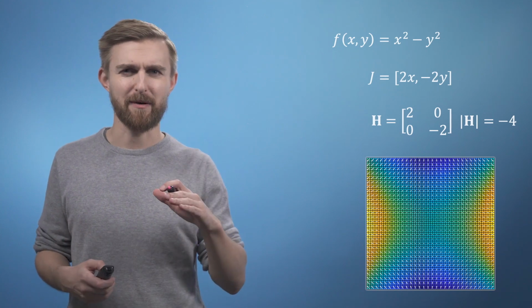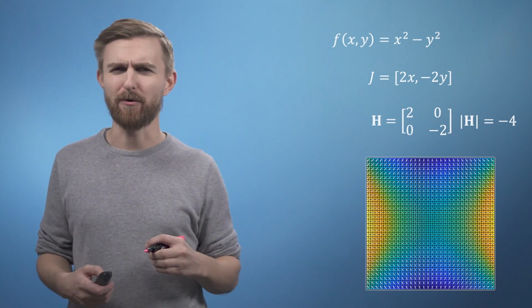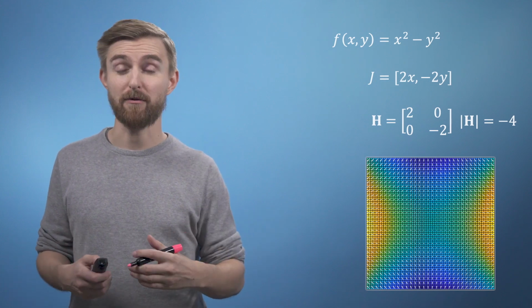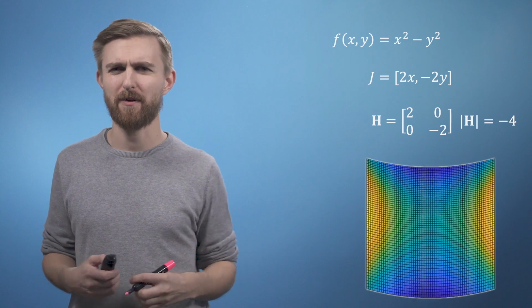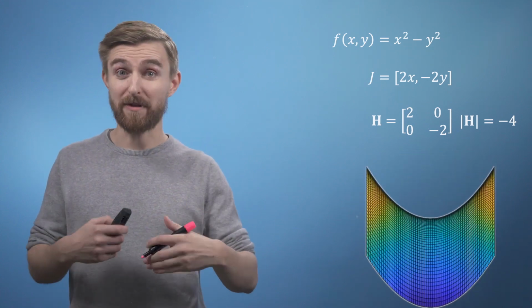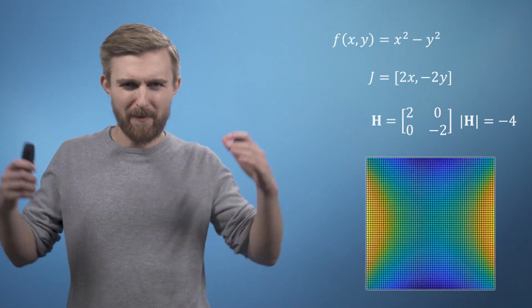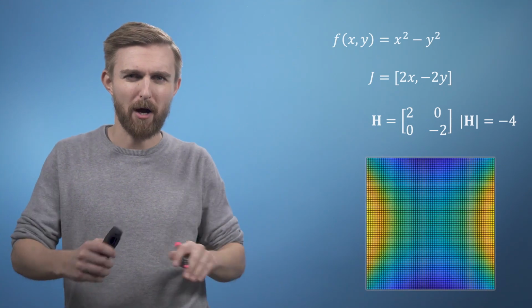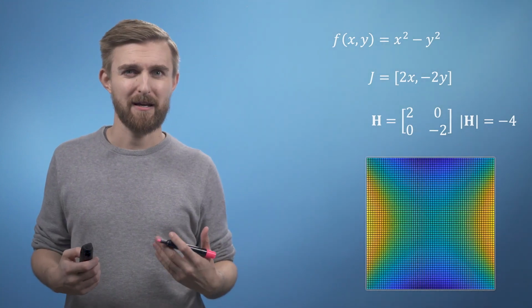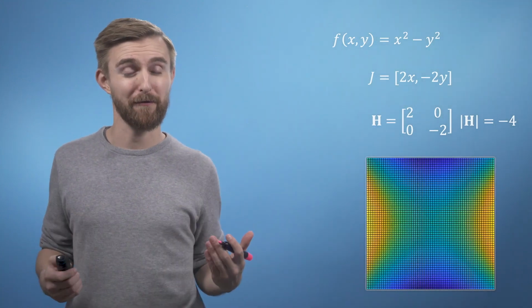This time our Hessian determinant is negative, so we know that we're not dealing with a maximum or a minimum. But clearly at this point 0, 0, the gradient is flat. So what's going on? Well, if you look at the animation, what we've got here is a location with 0 gradient, but with slopes coming down towards it in one direction, but up towards it in the other. We call this kind of feature a saddle point, and they can also cause a lot of confusion when searching